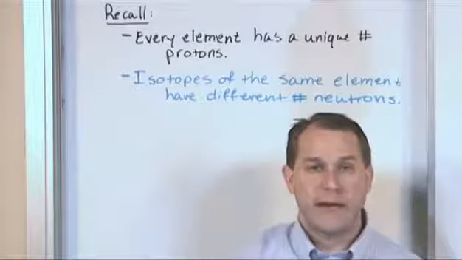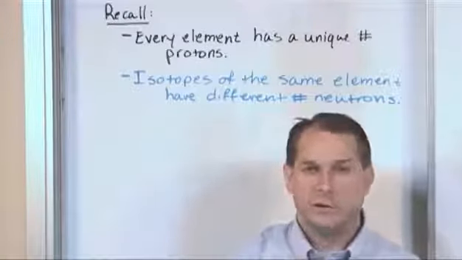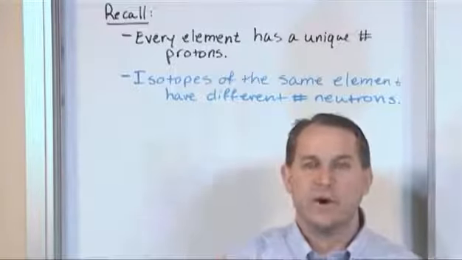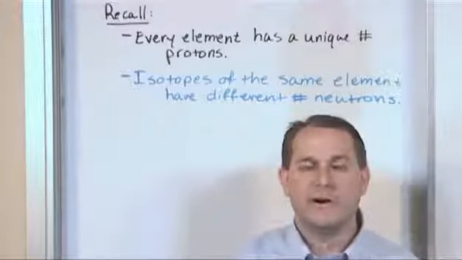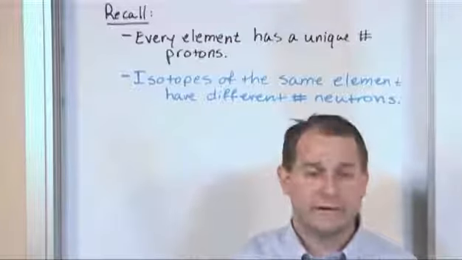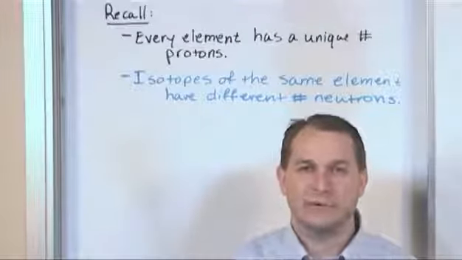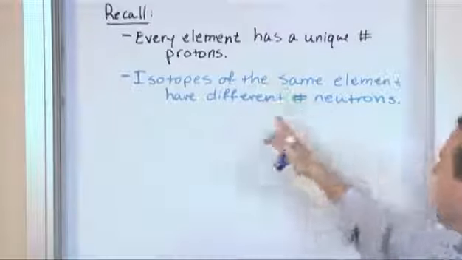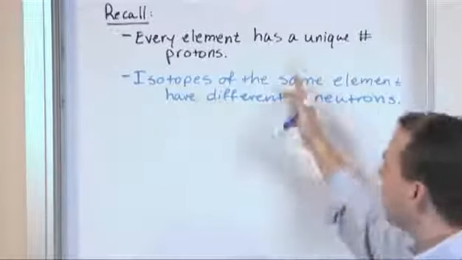An isotope is when we have an atom which has, let's say, carbon has 6 protons and 6 neutrons. If we stick an extra neutron in there, it's still carbon because it has 6 protons, but it's just heavier because it has an extra neutron. So that's the definition of an isotope. Isotopes of the same element have different number of neutrons, but they're always going to have the